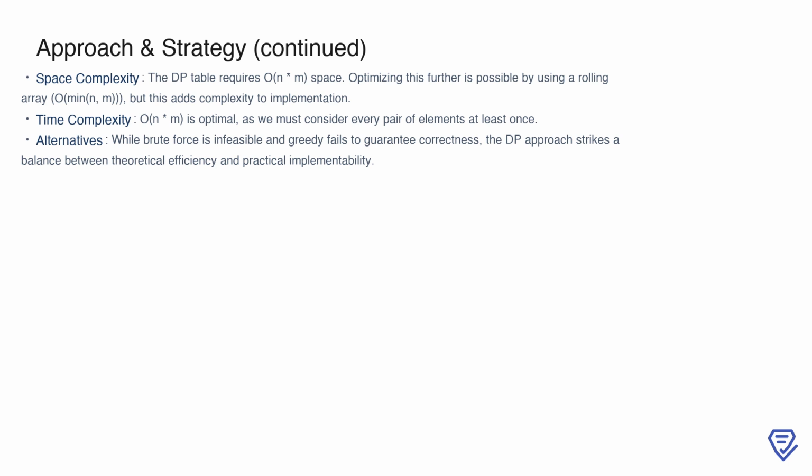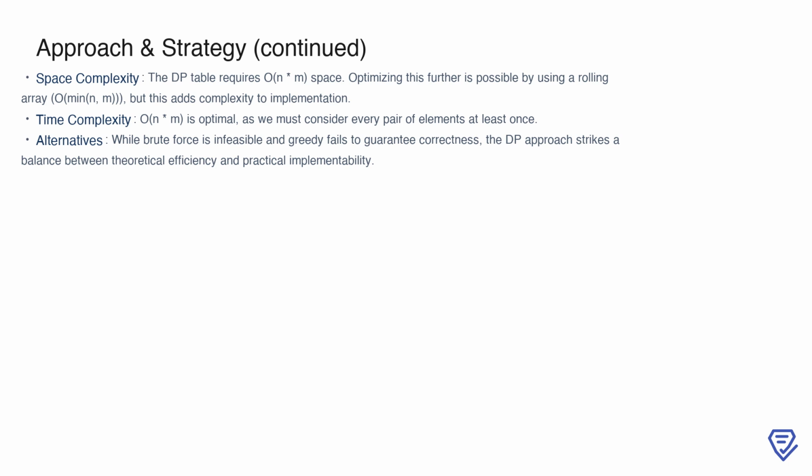While this is efficient, we can optimize further using a rolling array, reducing space complexity to O(min(n, m)). However, this comes at the cost of added implementation complexity. The time complexity remains O(n*m), which is optimal since we must consider every pair of elements at least once. Alternatives to this approach, such as brute force or greedy methods, either fail to meet the problem's constraints or